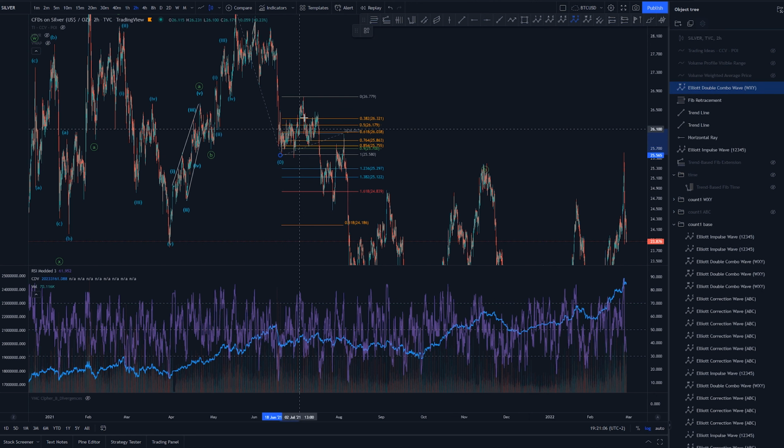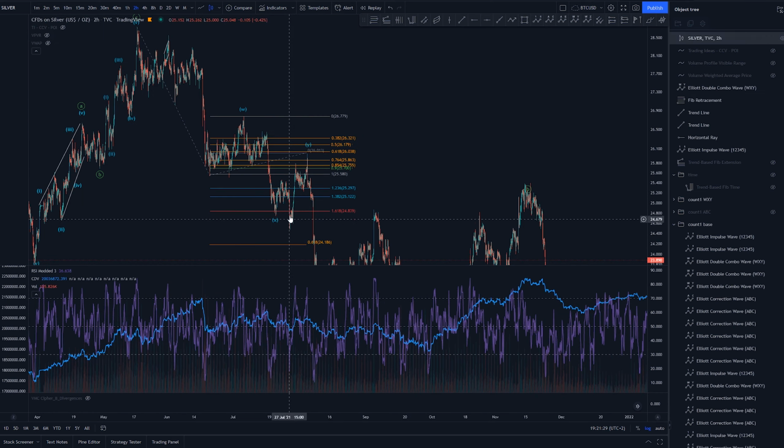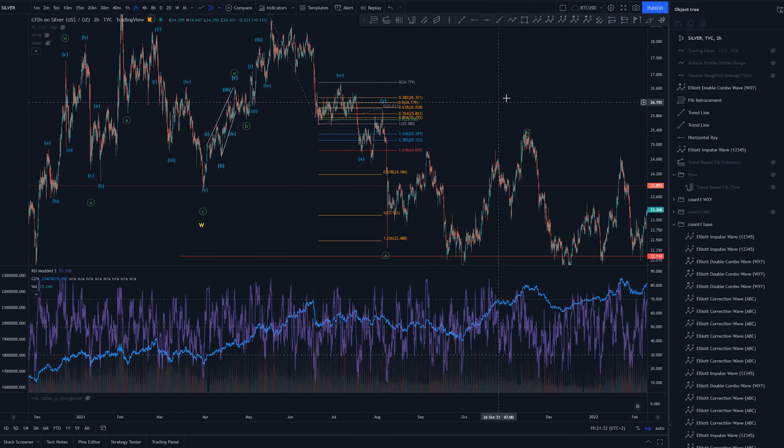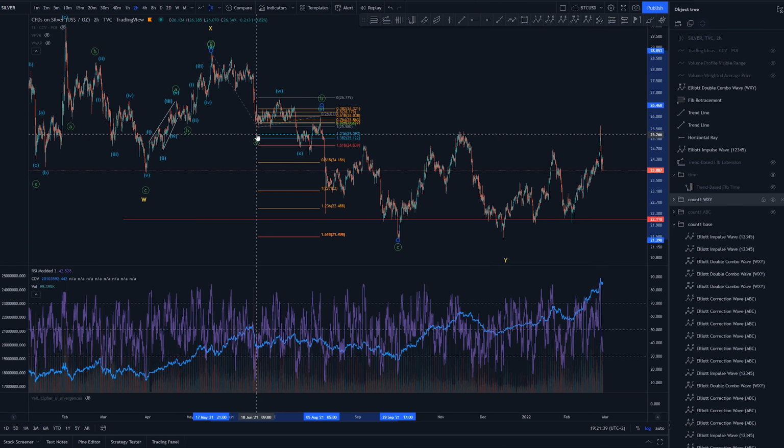Yeah, this should be WXY, because the C wave here would have 5 waves, and this would be 1, 2, and 2 can never retrace the 1, so it has to be A, B, and then C, and I actually can find the 1, 2, 3, 4, 5 here in the C wave. So that is actually a possibility that I hadn't thought of before. So having this here,